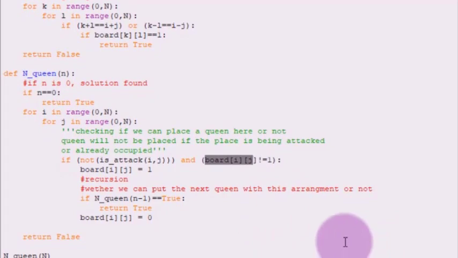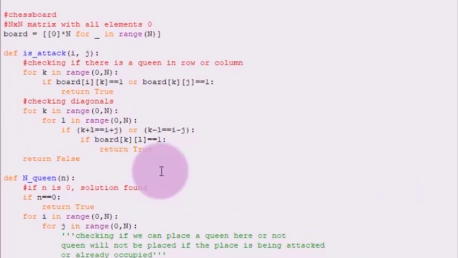So if this function for placing the remaining queens is not true, then we will have to change our current move. And our current move on the board will change with the help of this condition board ij, because this board ij depicts the rows and columns of the board, and the loop will place the queen on some other position this time. So this is the working of our code.